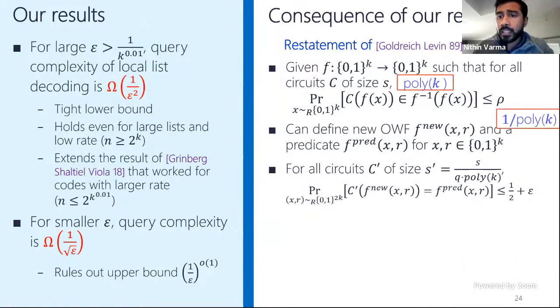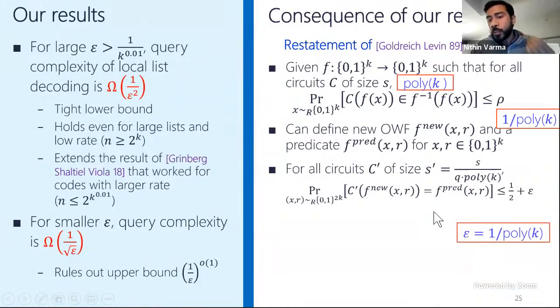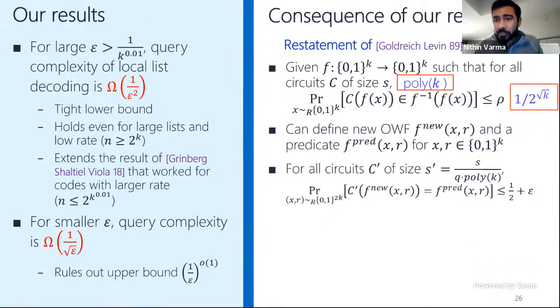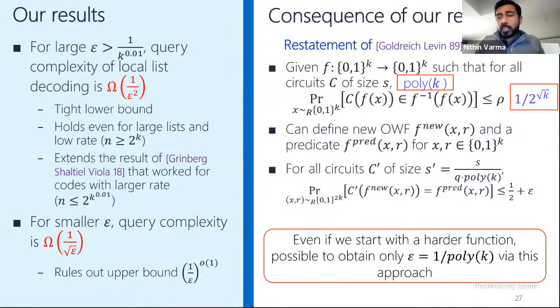Now, concretely, assume you have a hard function that cannot be inverted by circuits of poly size with probability 1/poly k. Then Goldreich-Levin assures that you can obtain a hardcore predicate that cannot be guessed with an advantage of more than 1/poly k. Now, even if the original function you start with has a much stronger hardness,